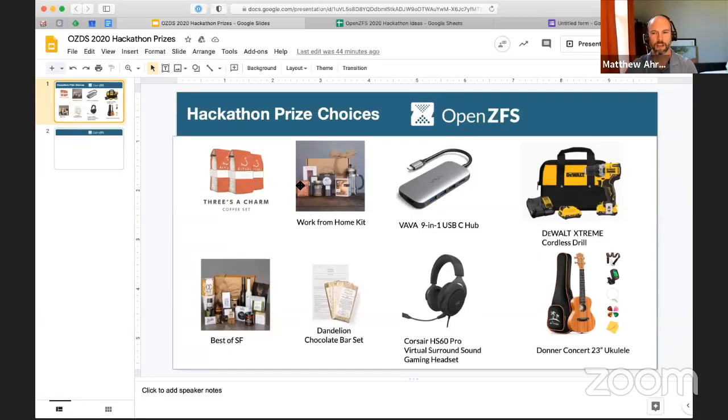I think I showed you these before, but there's a bunch of food items here from San Francisco, and you'll have your choice of these. So each member of the winning projects will get to choose one of these wonderful 8 items.